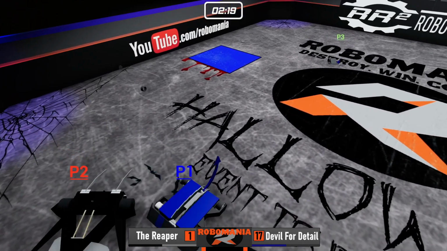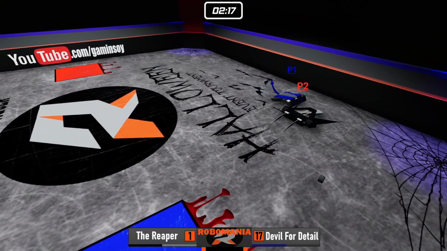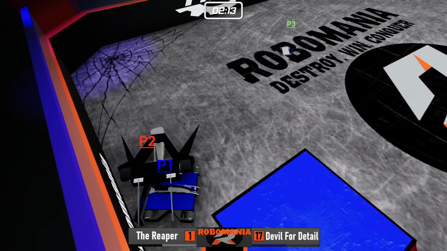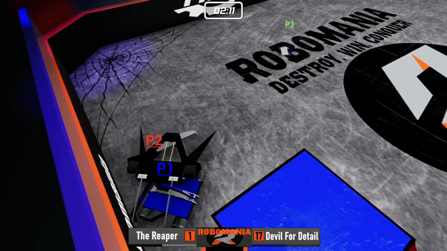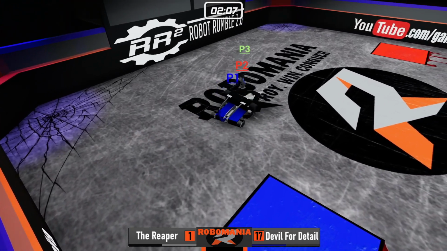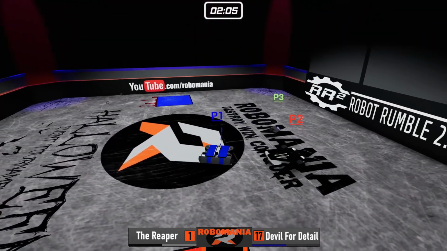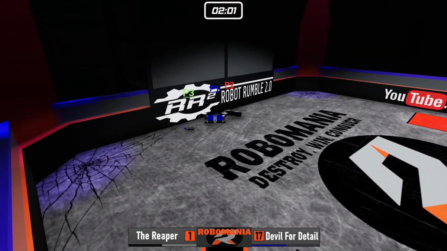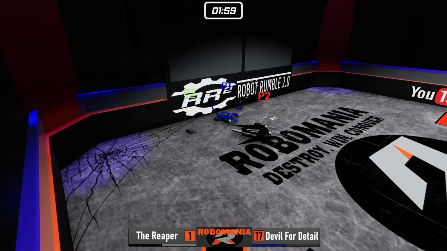Devil for Detail is looking great in the first minute of this fight. The wedges seem to be holding up and the weapon on Devil for Detail seems to be working as well. A great pin that Devil for Detail is doing. The mini-bot looks to be just confused and not working at all, but Devil for Detail is getting some good grappling